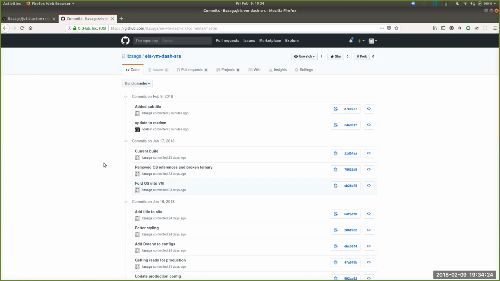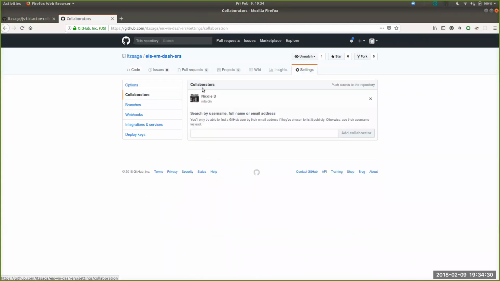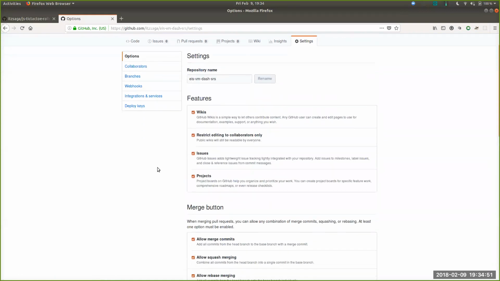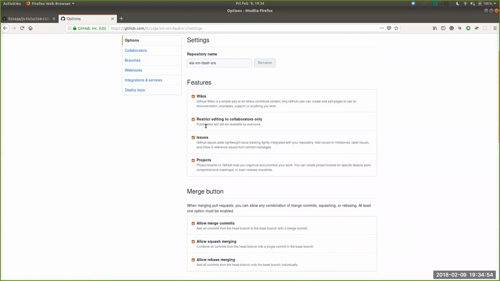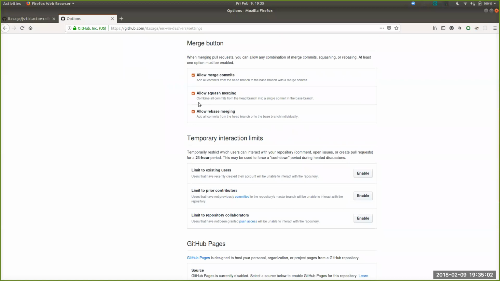I'm not the only admin in this case because under settings, I added a collaborator. So the collaborators get full access to the repository, push access to the repository. That means anything that I can do, any of these collaborators can do now. There are a few ways that you can limit stuff that collaborators can do. So we see in options, restrict, well, that's wiki, restrict editing to collaborators only, but merging,